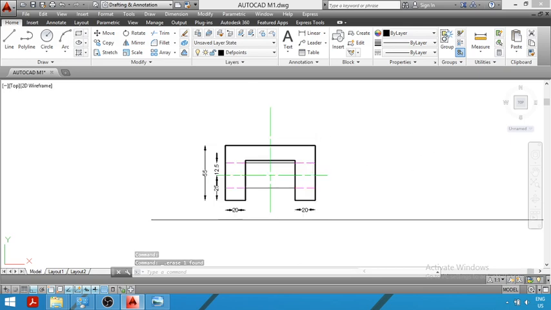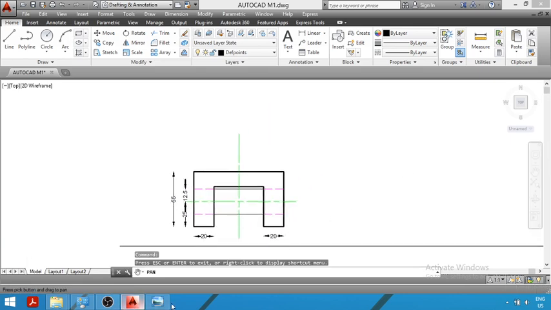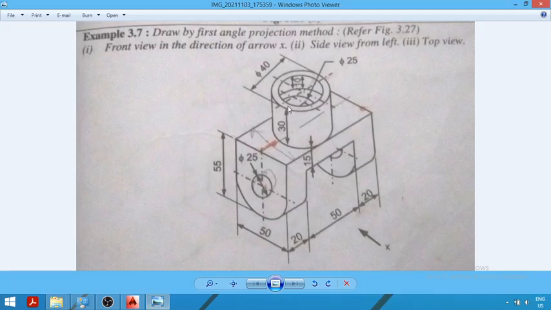In the next step, we will draw the projection of this cylinder. Now, you can see the total height of this cylinder is 30 mm and the diameter of this cylinder is 40 mm. So, the diameter of this vertical cylinder is 40 mm and the height is equal to 30 mm, and we know that the front view or the projection of this cylinder will be a rectangle. So, whenever we are given a cylindrical part, the projection of it will be rectangular if we see in the direction of arrow x.